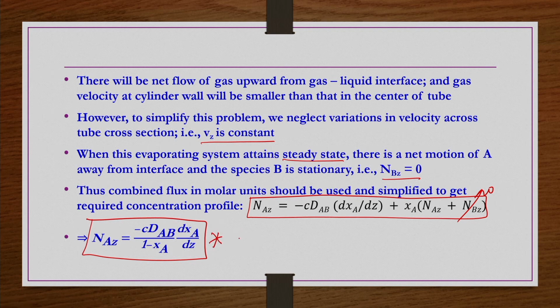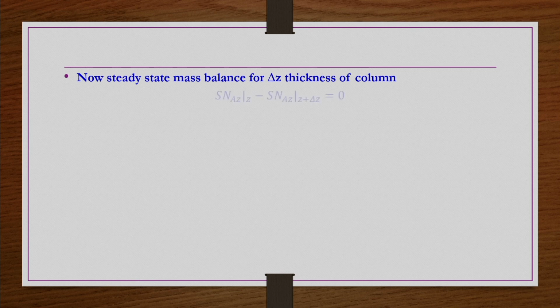Now, in this equation we have to find XA versus Z. We can solve this equation only if we have the NAZ information, otherwise we cannot do it. That we can get from the balance. The steady state mass balance for a Z to delta Z thickness of the column is S NAZ at Z minus S NAZ at Z plus delta Z is equal to 0. S is the area of the column through which diffusion is taking place,